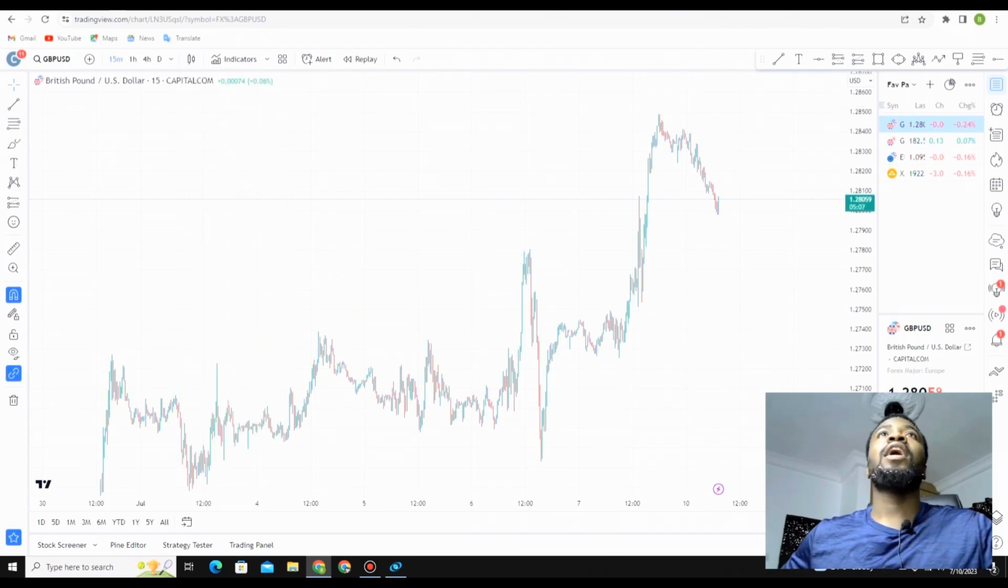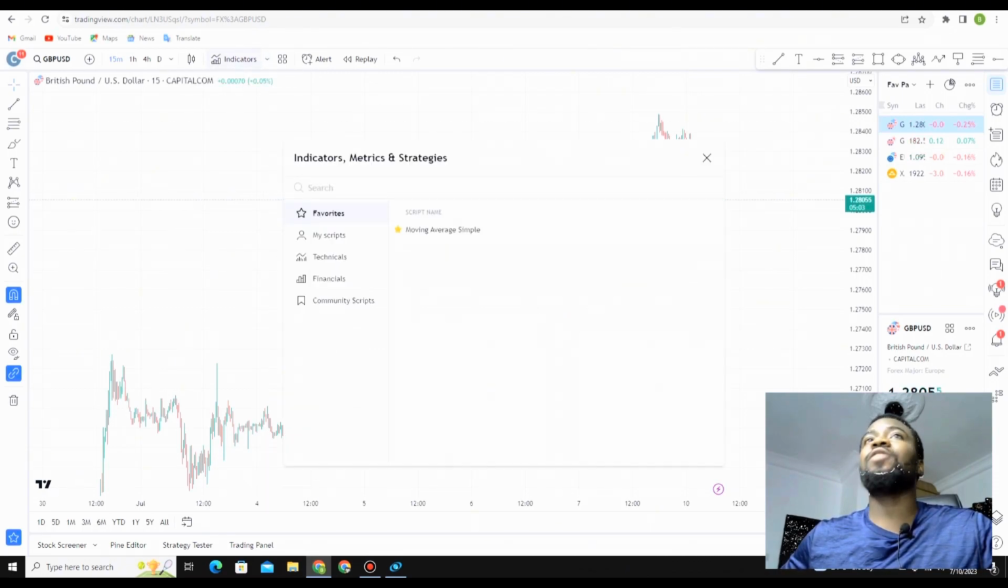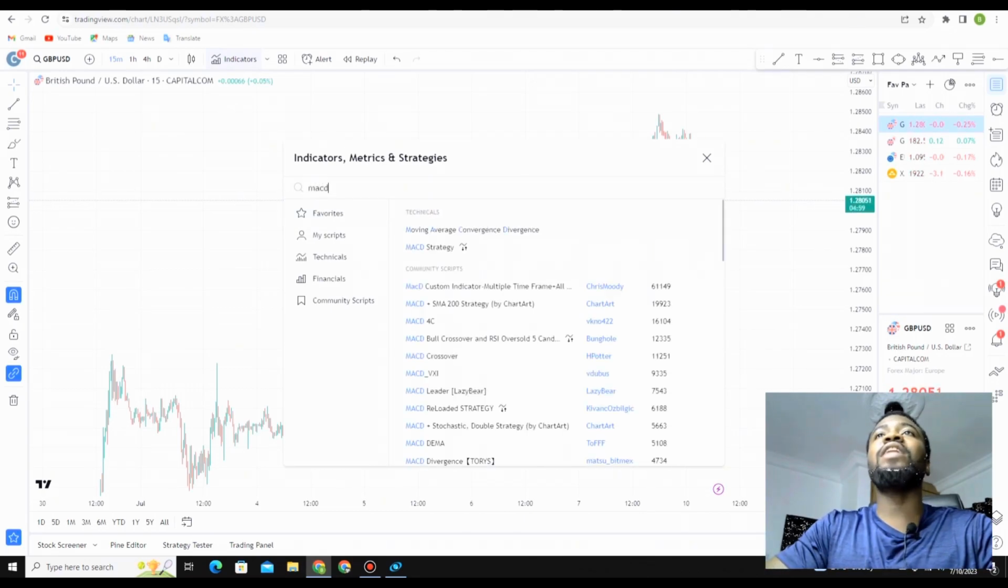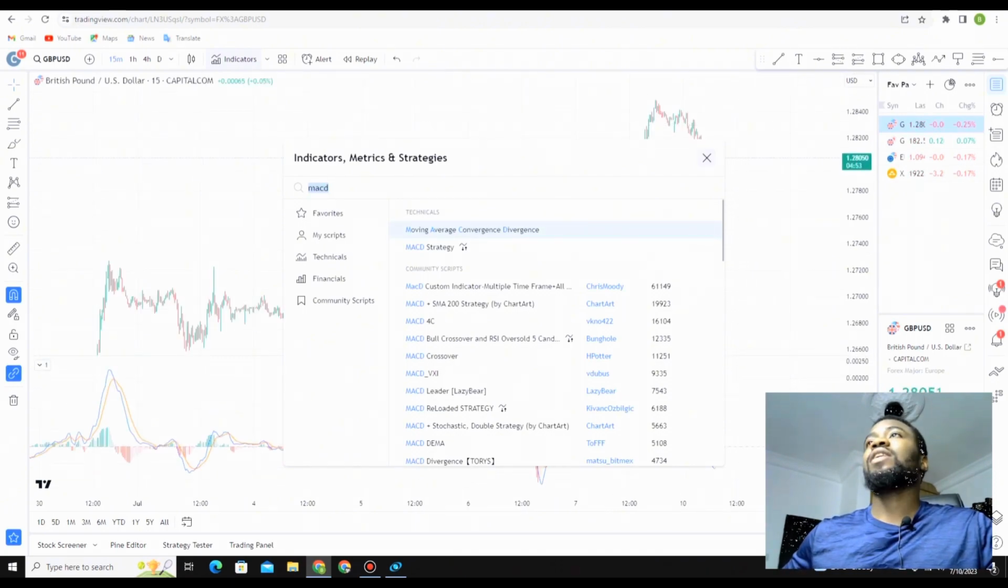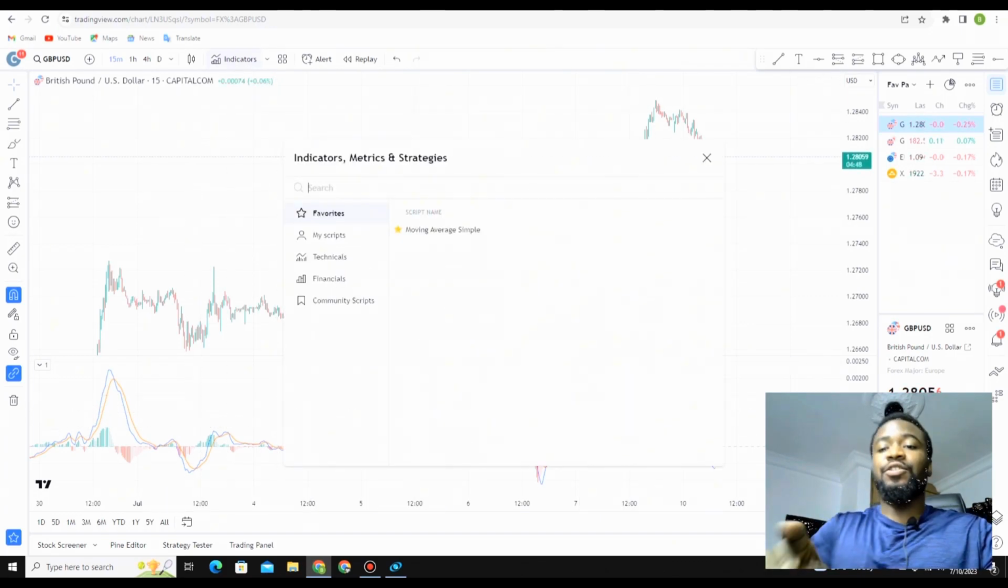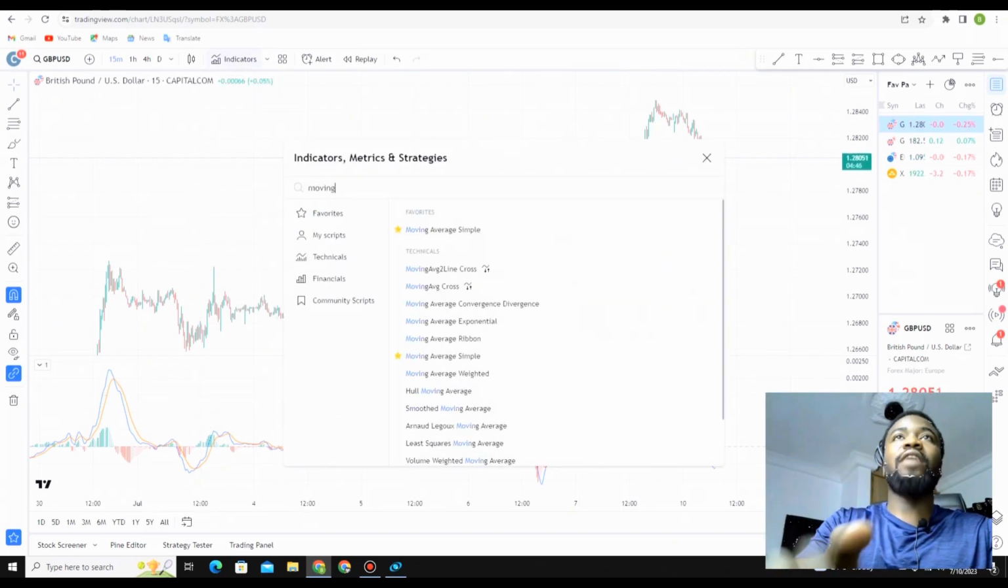If you are an indicator trader, you can just come here, pick whatever indicator you want. Let's say you want to use the MACD, the moving average convergence divergence. You can just come here, search for the MACD, and bam, you can see it's already appeared below. Or you want to add the moving average, you can come here, search for the moving average,